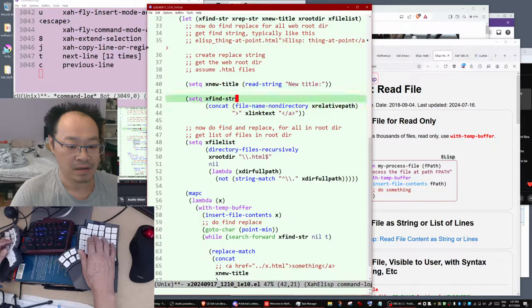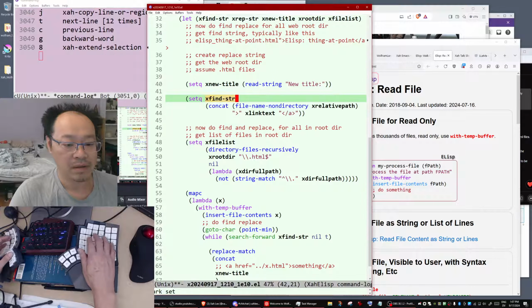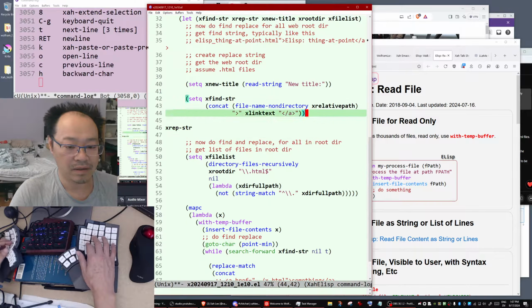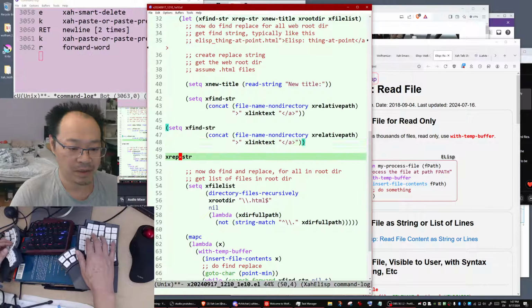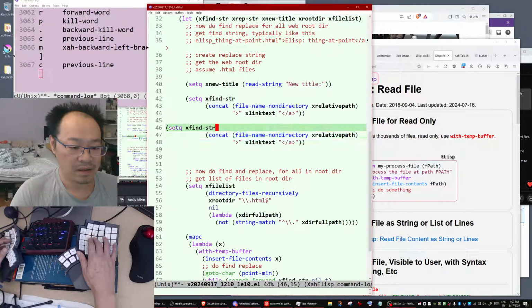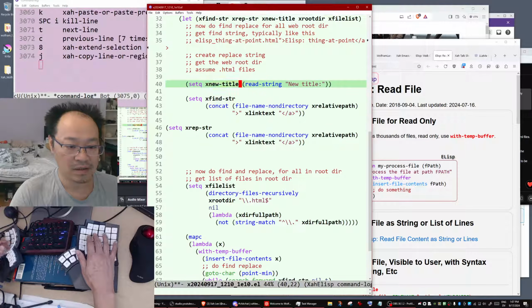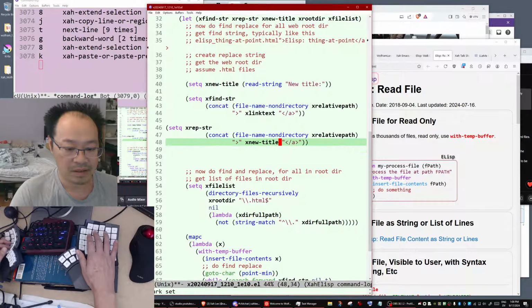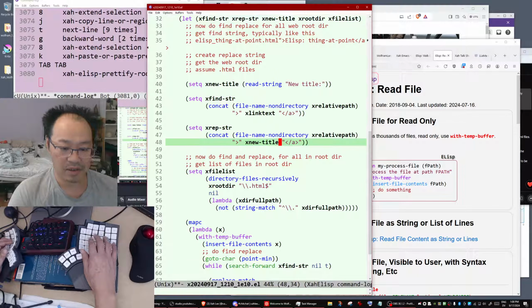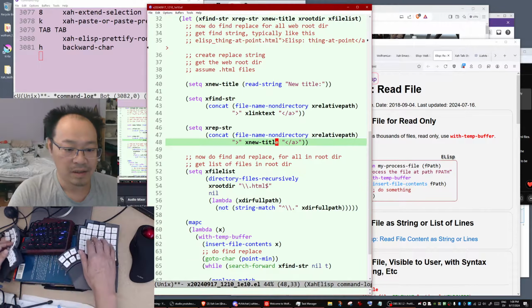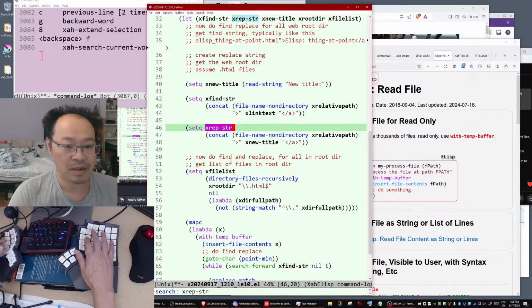Okay, then that's a find string, and the replace string is going to be, here's a new title. So it's basically same as find string except the title part. Okay, so here is our replace string.